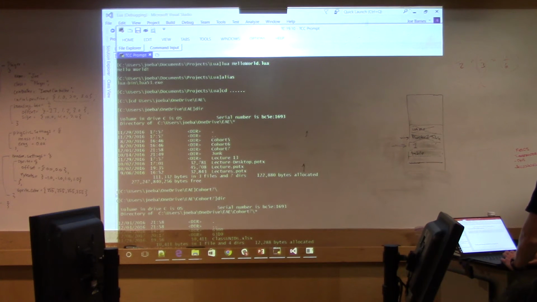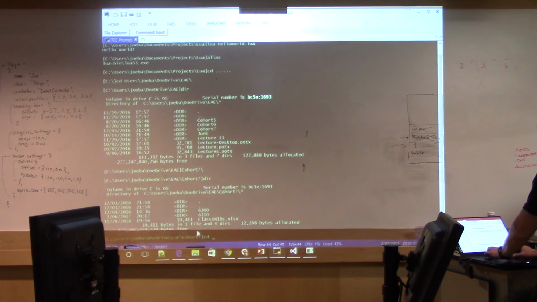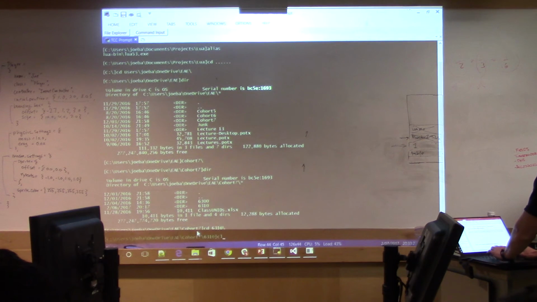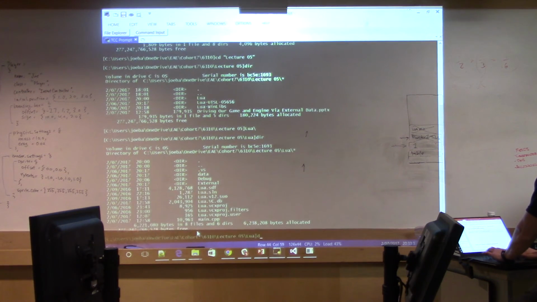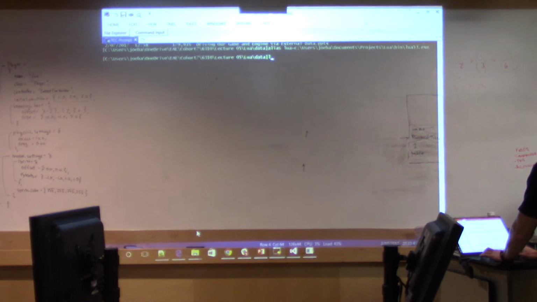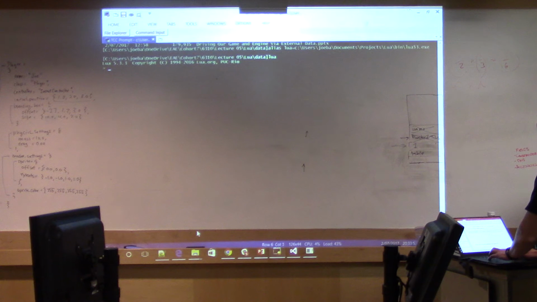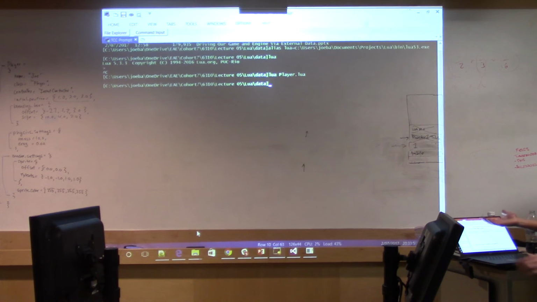So if I run Lua, that's their little scripting language, their interpreter, I can run my player.dat Lua through it, and it doesn't do anything because there's no code in there to run. There's nothing to print. Now if I go back over here to my player file,